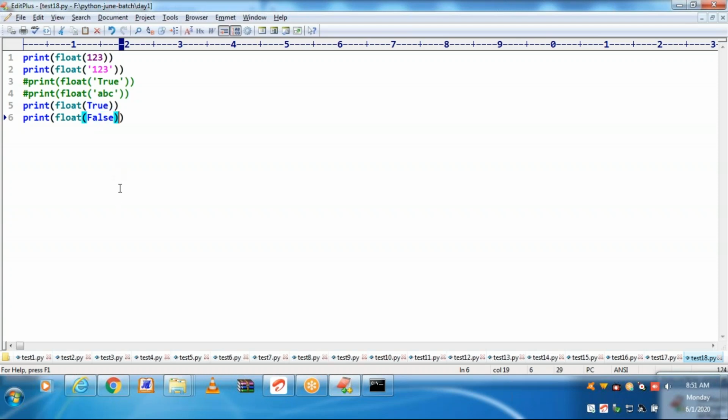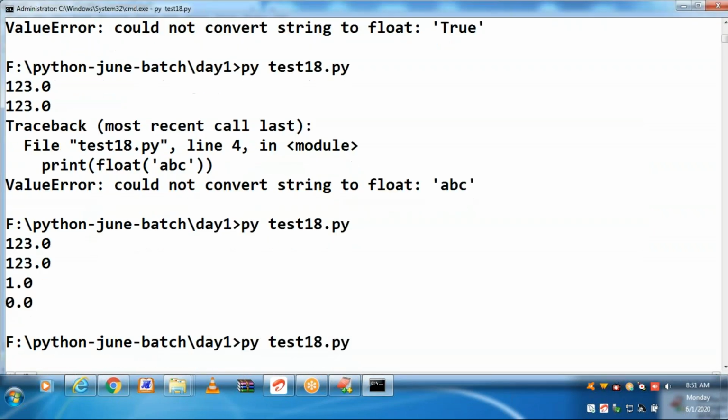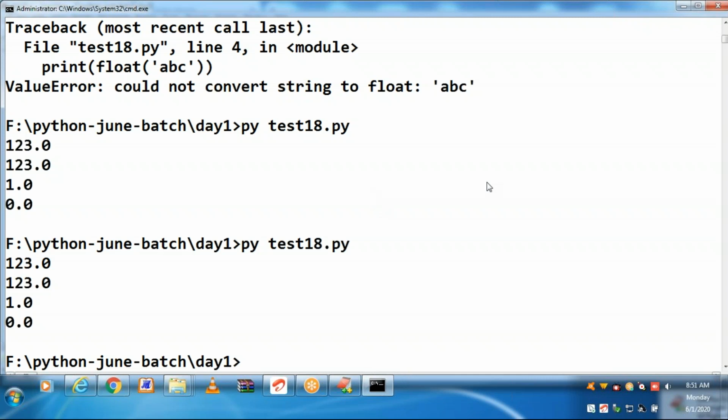It's not a string. So true is internally represented with 1. False is represented with 0. This is the internal representation you get while converting into float. You can see. So that's all for today.